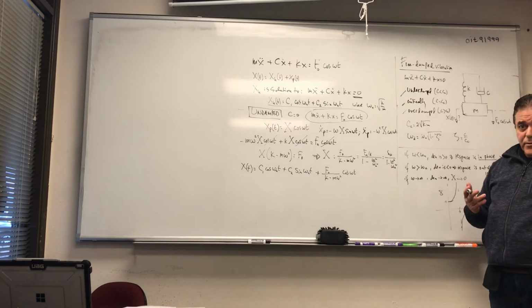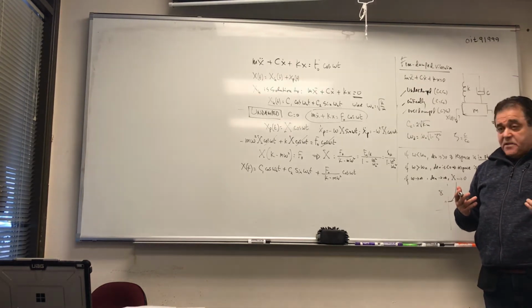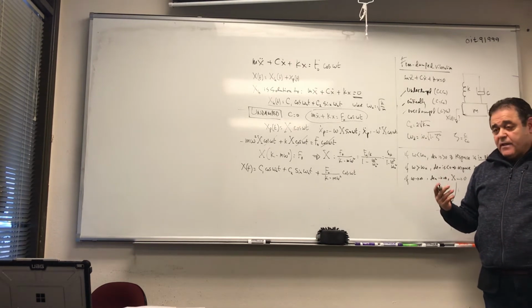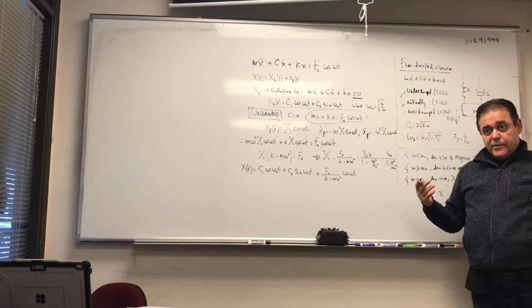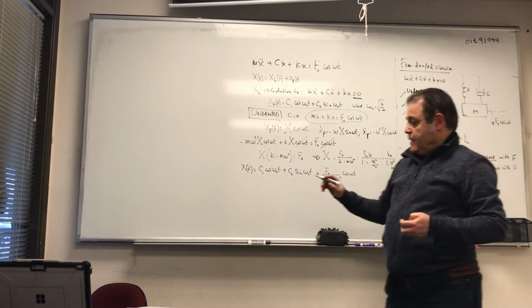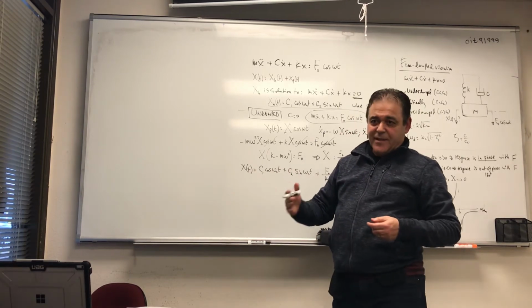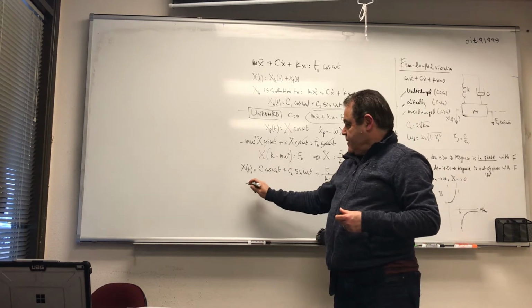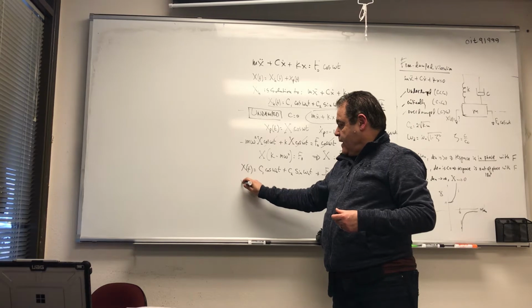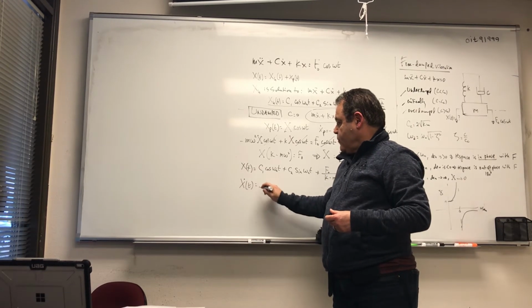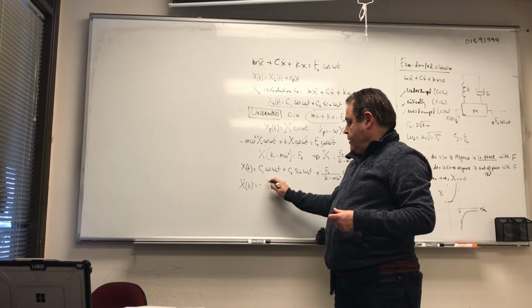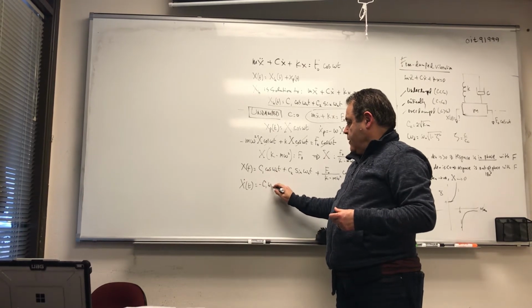How many unknowns do we have here? Two unknowns, which are C1 and C2, and how do we determine those? By applying initial conditions. Correct. The initial conditions will be x naught and x dot naught. So let's do this. Before I go, I have to find what is x dot of t, which happens to be here minus C1 omega n